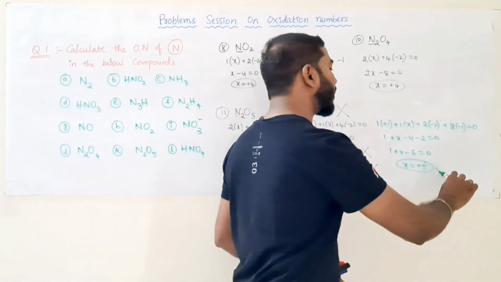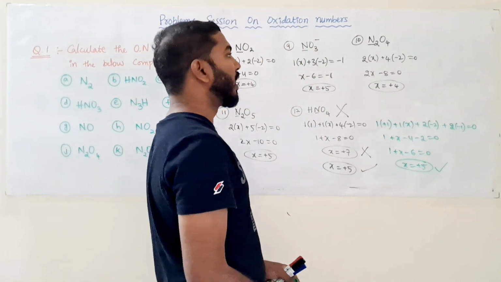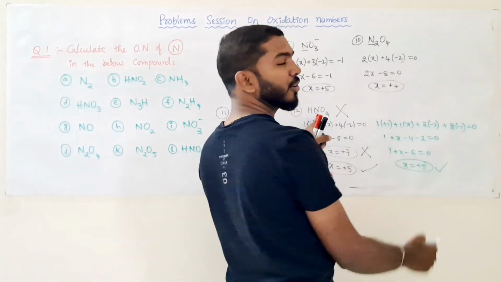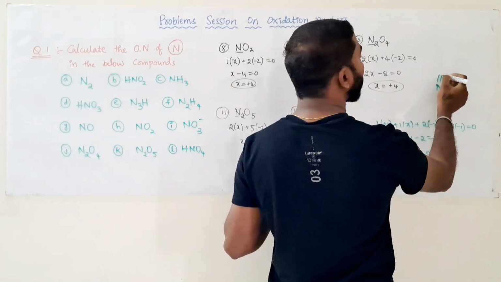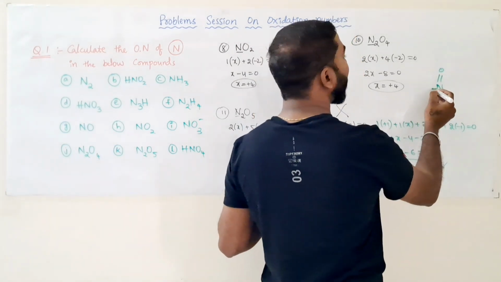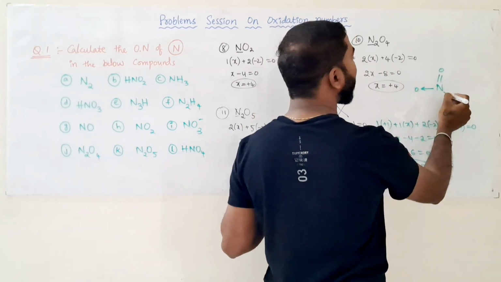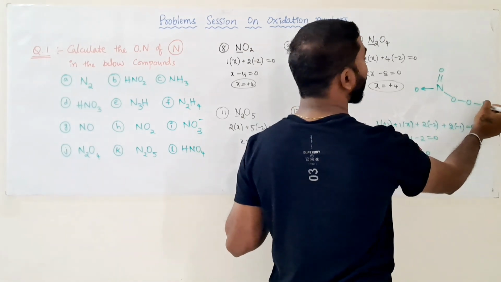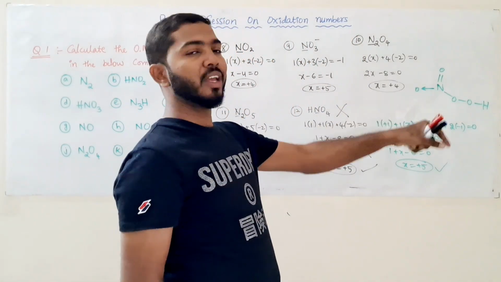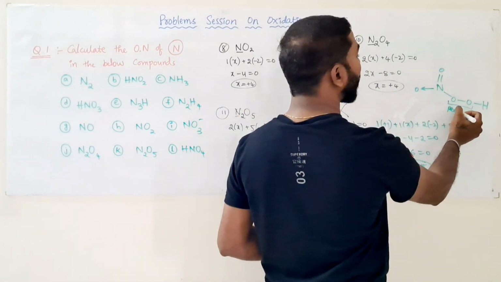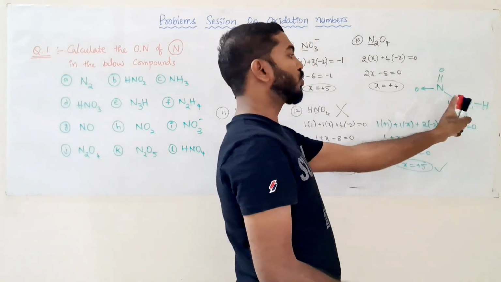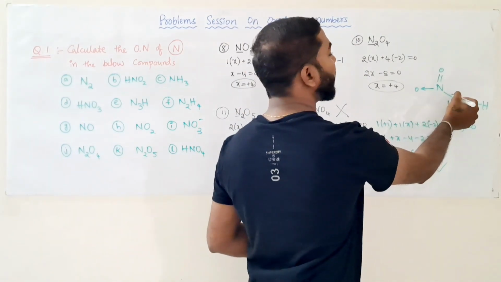So this is the right oxidation number, and if we try to observe the structure for this HNO4, generally nitrogen is the central atom here, so it will obviously have a double bond O, and then there is a dative bond O, and then there is a OOH. So this is the structure of pernitric acid. So it will have two peroxy oxygens. So these are called as peroxy bonds. So these two oxygens have minus 1 and the remaining two oxygens have minus 2. So that is why it is going to give us plus 5.